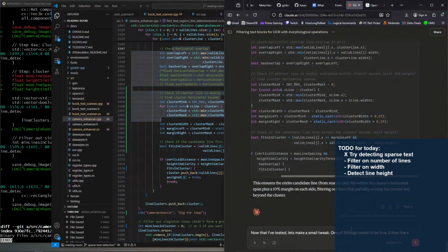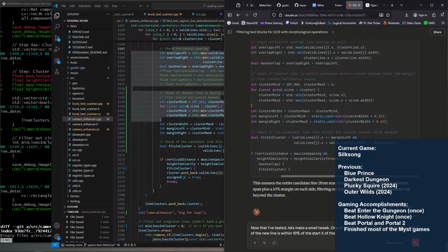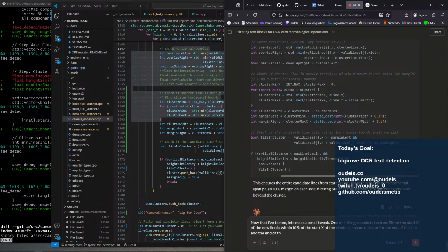Okay. One of four things has to be true. Let's just go with that. Either the startx of the new line is within 10% of the startx of the cluster, or same rule, but for the end of the line and the end of the cluster,